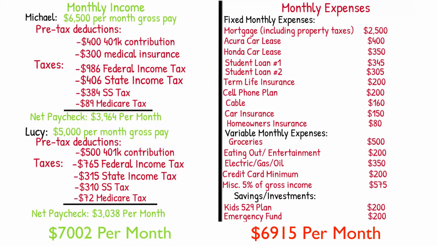So we could add that back in if we want to, but with all this stuff, knowledge is power. So don't get caught up in the little details and making sure that everything's exact and perfect. It's okay to be off a little bit. It's okay to guesstimate. Just by looking at this stuff and knowing where you are, it will help you so much. So don't get bogged down in the smallest little details of everything. So for this, I'm just going to say to myself, all right, it costs them about $6,500 to live every